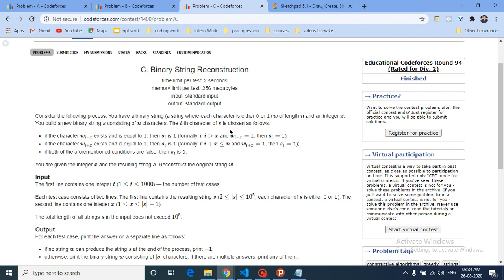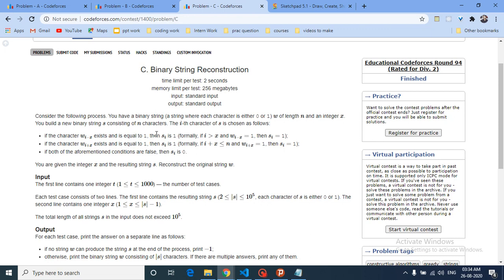When you iterate over the ith character of S, if the character at position i minus x in W exists and is equal to 1, then Si should be 1. Or if the character at position i plus x exists and is equal to 1, then Si is 1. If neither of those characters exists or equals 1, then Si is 0.